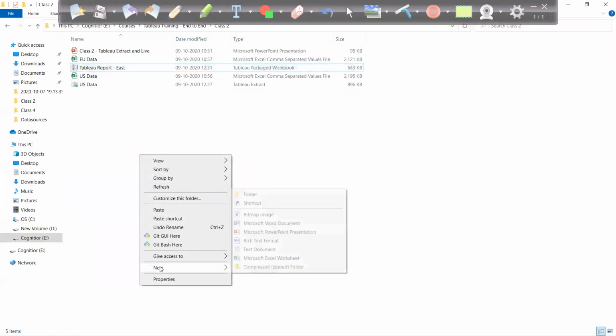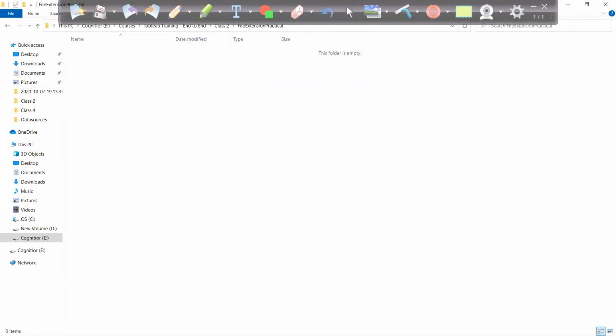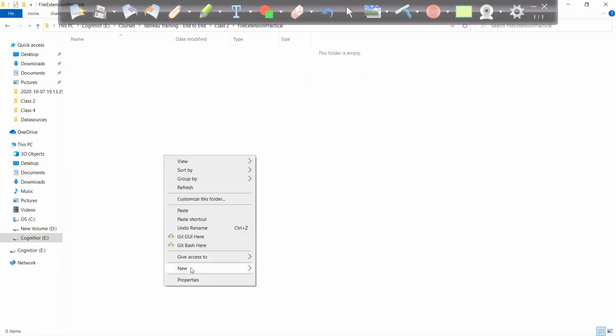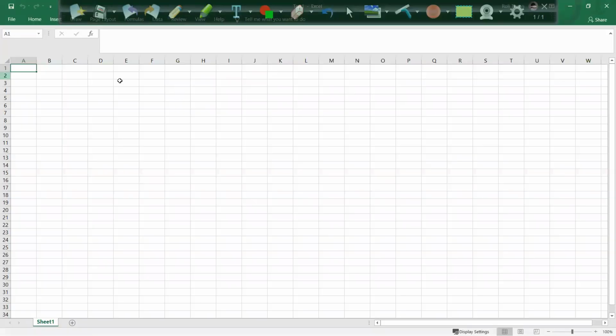Let me create a folder here only and let's give the name as file extension practical. Let's say I'm creating one Excel file, test1, and let me put some random records. Employee ID, employee name, employee salary.